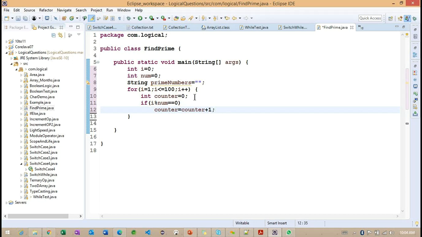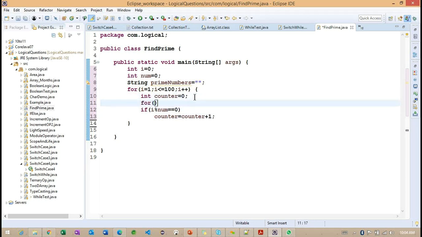Let me take this inside. I'm taking one more loop here, and num is equal to I. Observe carefully. So this is a nested loop we are taking here, and here num is greater than or equal to 1, so num minus minus.